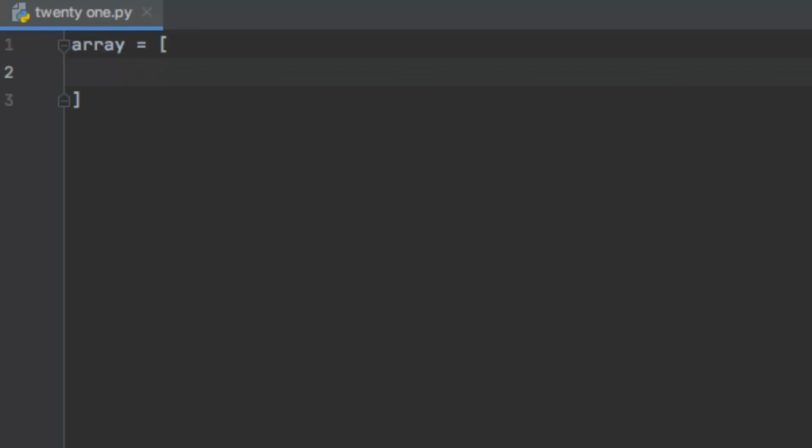Now every element of this list is a new list, and a new list also has to be defined with the help of square brackets. So with the help of square brackets, I define the first element of my outer list, which is also a list, remember, and I'll say 1, 2,